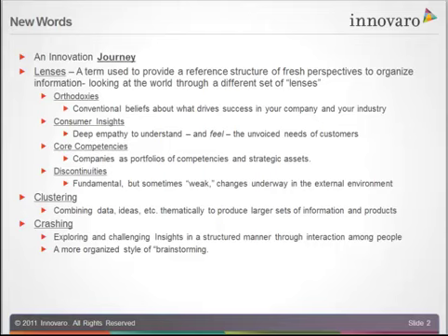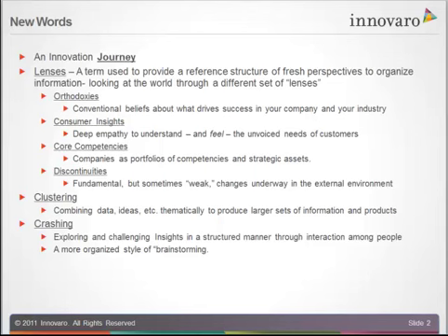And then last in this group, I want to talk about crashing. And crashing is a technique that we use to explore and challenge the insights, the things that you've developed from your lenses, to really interact through people to generate lots of ideas. To do that, you can think of it as a more organized style of brainstorming, if you will, if that helps any. But think of it as having the background of these perspectives of orthodoxies and insights, and overturning and bringing those together to say, what does this mean? How does this change it?